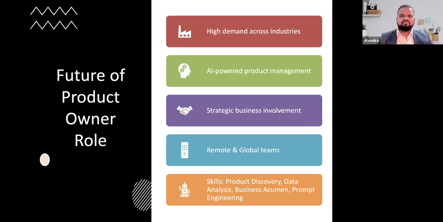And further, if you talk about when you start working as a PO, so starting with product discovery, doing some analysis, and you need to have business acumen. Plus, as AI is something that we can't say no to, it's part of any job role. And that's why having a good idea on prompt engineering is also required. So gone is the time of the traditional PO, that I'm a PO, my job is just to write user stories and give it. No, the role is evolving beyond that.